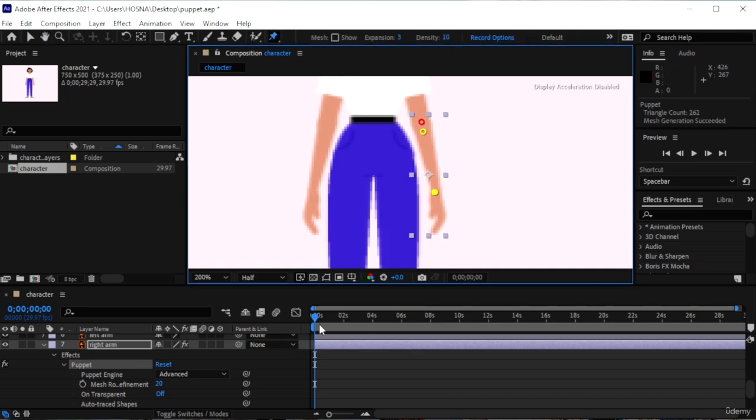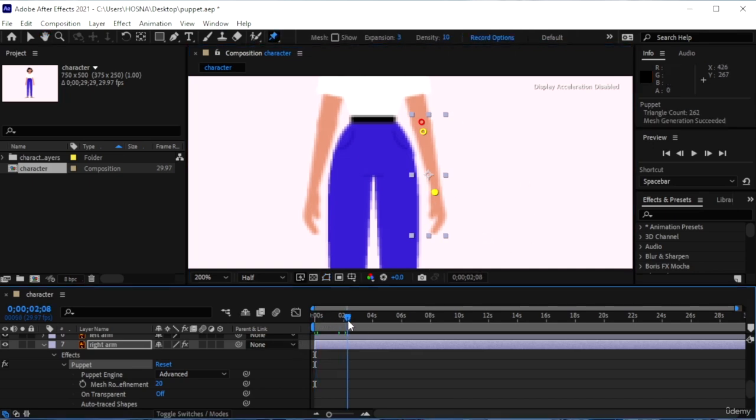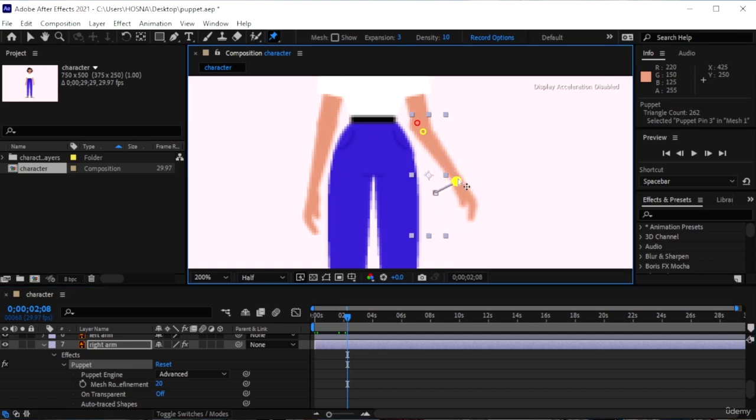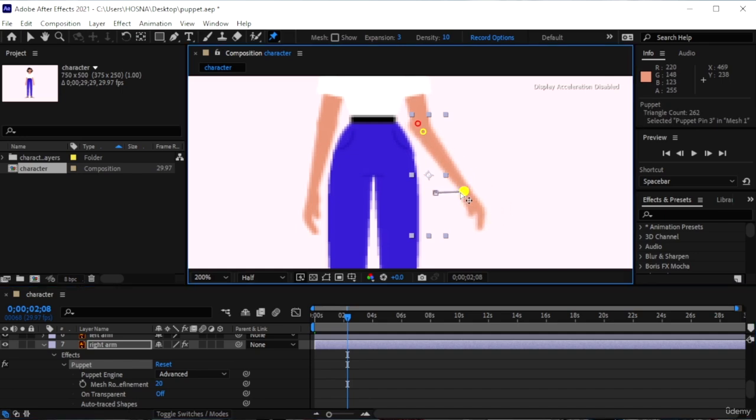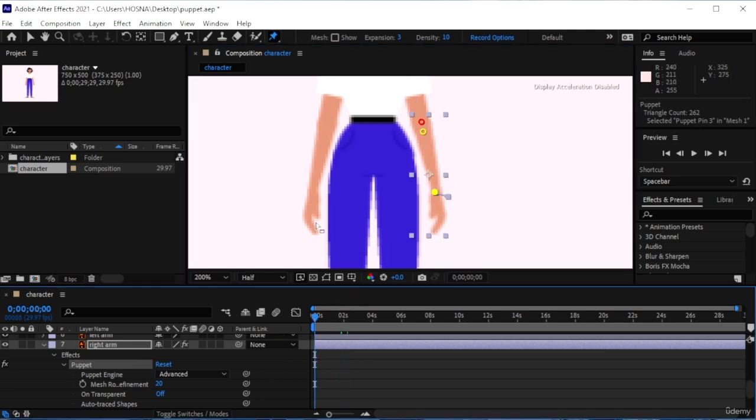Can't see the wrist. Make one for the wrist, move in a few frames, and just kind of move the arm a bit to the side. Should have moved the pin a little bit further. It's fine, you can do that. So we have a really small, minimized effect with the arm. And I'm just going to go back in time, as in go back to the start of my timeline